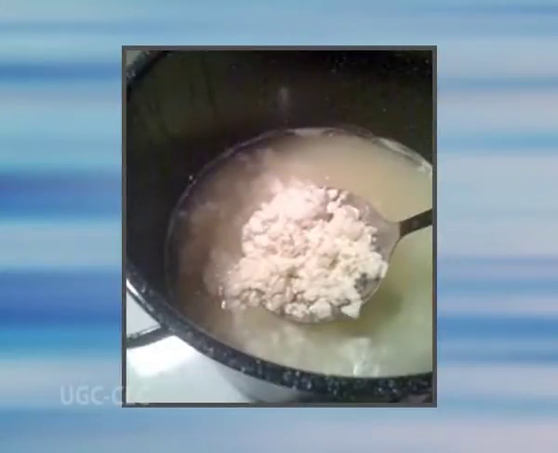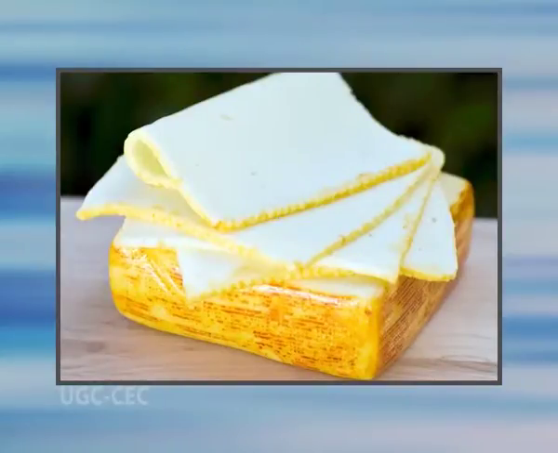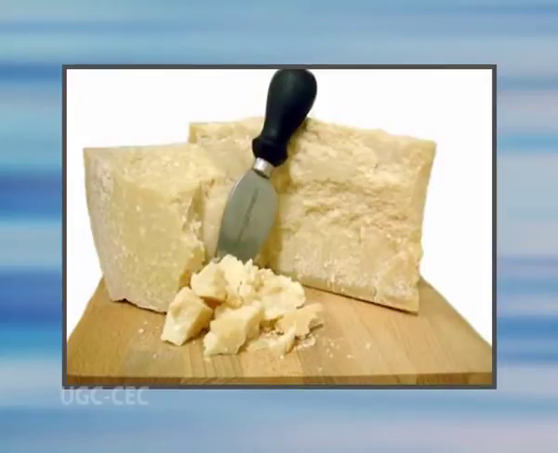Often cheeses are classified based on texture or hardness: soft cheese like cottage or cream, semi-soft cheese like Münster, Limburger, or Blue, hard cheese like Cheddar, Colby and Swiss, or very hard cheese like Parmesan. All cheese results from a lactic acid fermentation of milk, which results in coagulation of milk proteins and formation of